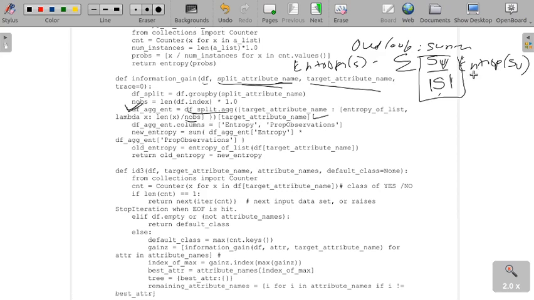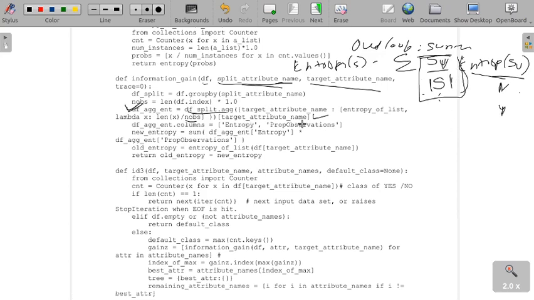We will be getting the entropies of all the possibilities. For example, for outlook equal to sunny, for humidity we had the values high and normal. So for normal, what is the entropy value? For outlook equal to sunny, humidity equal to high, what is the entropy we have, and the corresponding value we will be having.